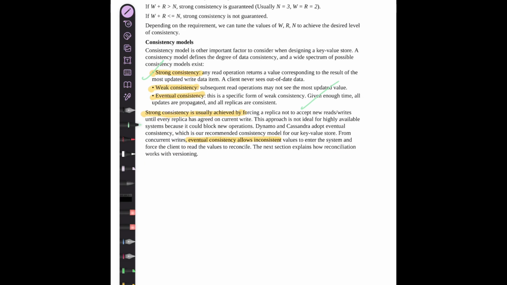One might ask how a strongly consistent model is achieved. For example, there are replicas r1, r2 and r3, and a write happens, that is w. You don't allow any reads or any writes unless and until you get acknowledgement from all of them that they have received the most recent write. This way you make sure that all your nodes are consistent with each other.